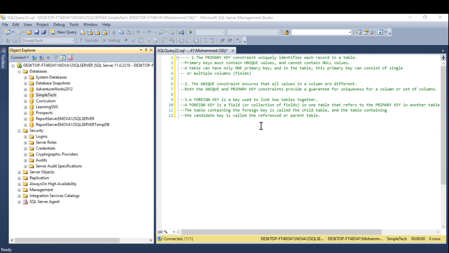First, the primary key constraint uniquely identifies each record in a table, and primary keys must contain unique records. It doesn't allow any duplicate records and cannot contain null values. A table can have only one primary key, and this primary key can consist of a single